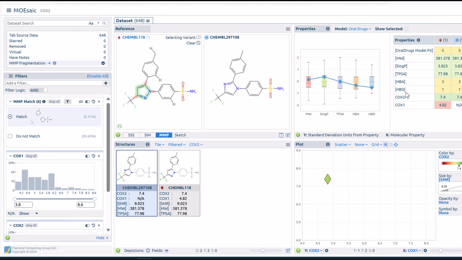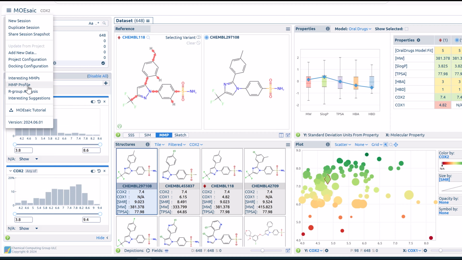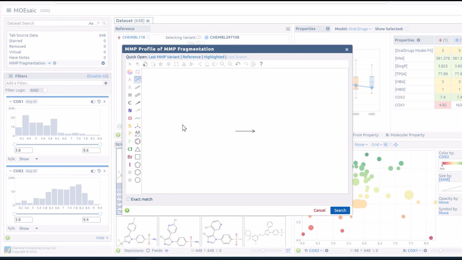Now, having seen this one bioisostere, a common resulting question would be, can we always expect to see a bioisostere when that pyrazole gets replaced? To answer the question, we can't just query this one reference. We need to query the entire dataset, including all of the fragments that were generated when we first opened the session. So for that, if I just clear this search, I'm going to perform an MMP profile, which opens a